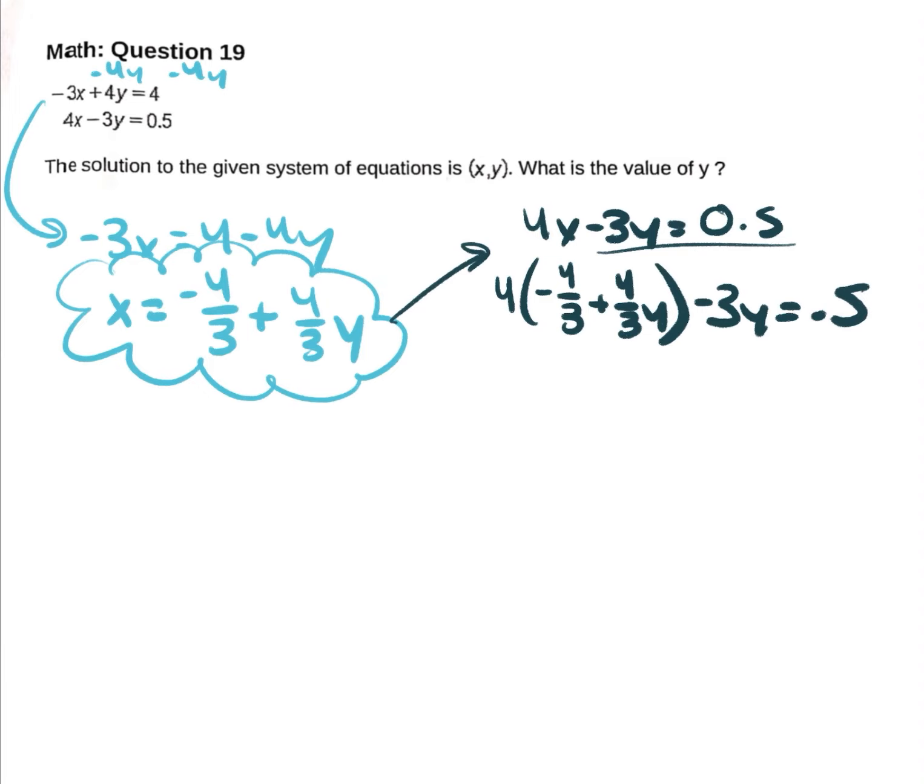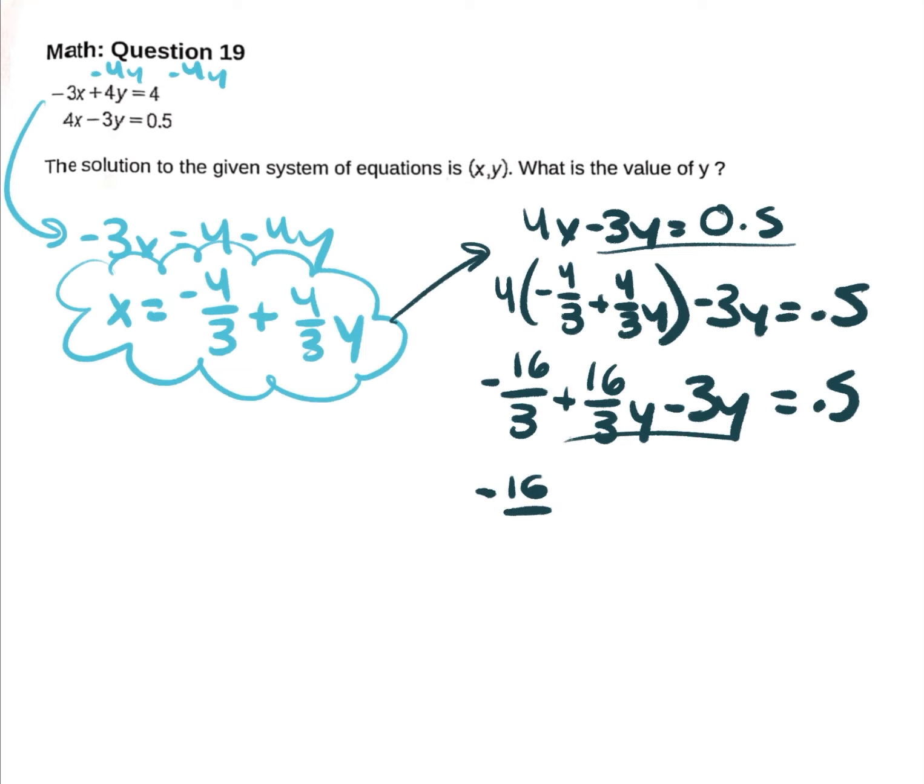So first we're going to use the distributive property to get negative 16/3 plus 16/3 y minus 3y equals 0.5, and then combining the like terms here, that yields negative 16/3 plus 7/3 y equals 0.5. Now we're going to keep the y on one side and add 16/3 to both sides. So it would be 7/3 y equals